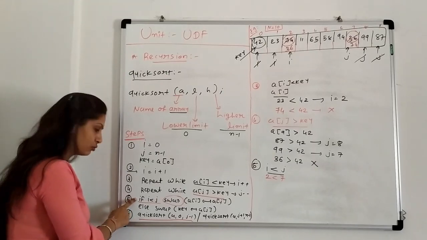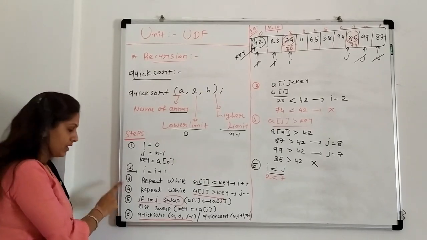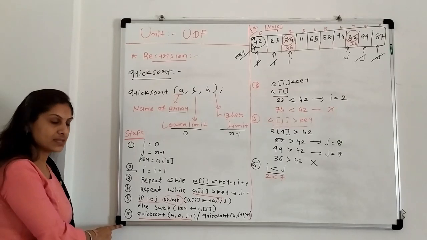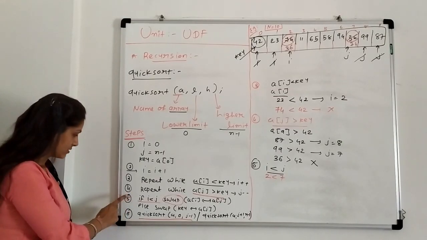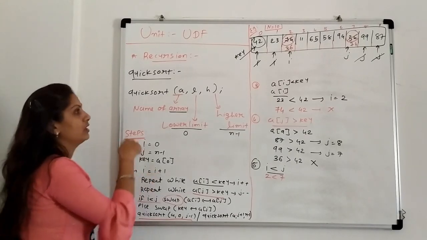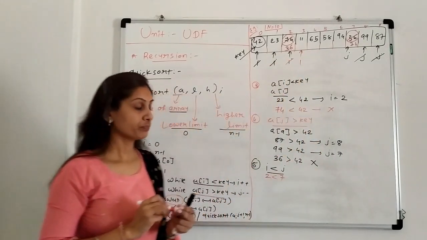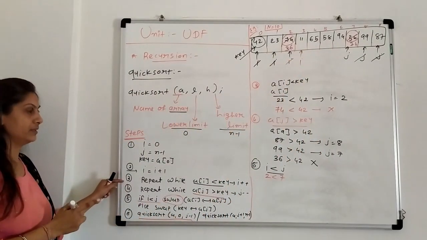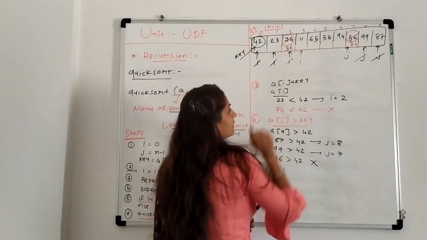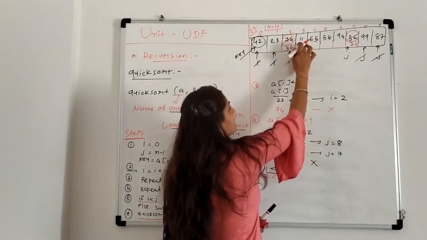When this condition is true, go back to the second part and execute steps 2, 3, 4 again. If you go to the else part, then jump directly to the 6th step. But here the condition is true, so go to the second part, which is i equals i plus 1. So i is incremented to the 3rd position. Now the 3rd step again. Our condition: a of i is less than key. Here a of i is 11.